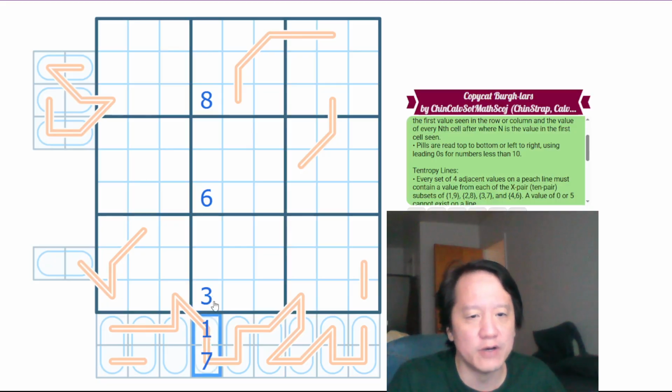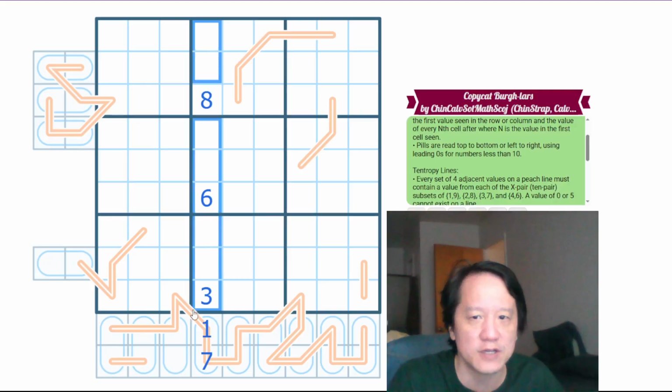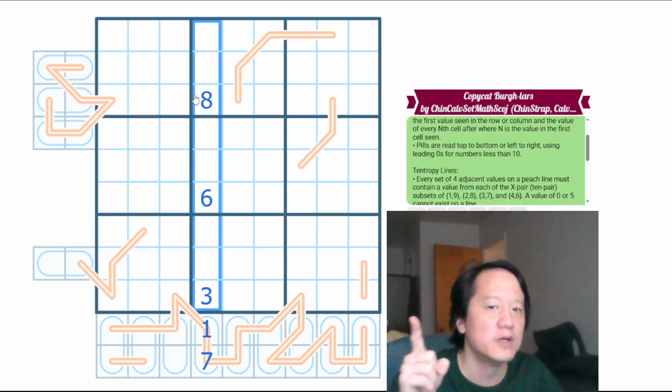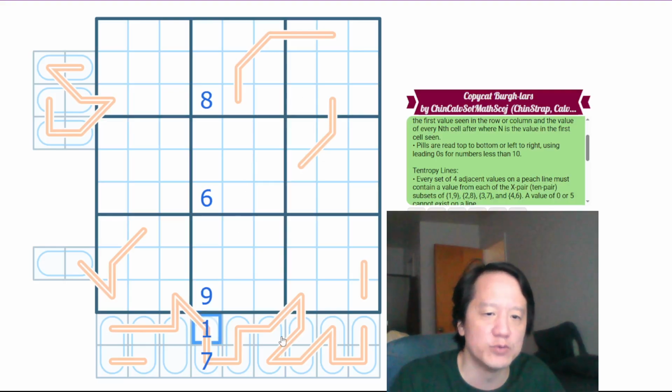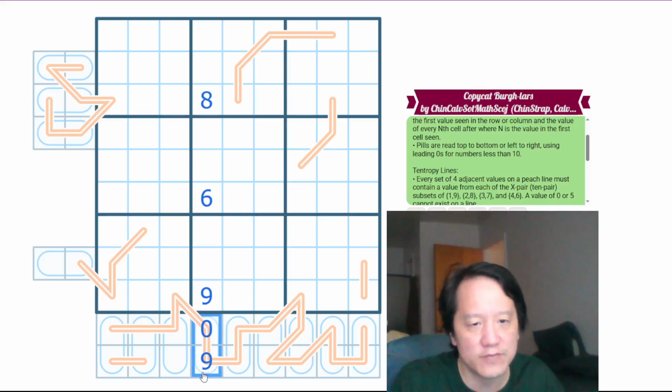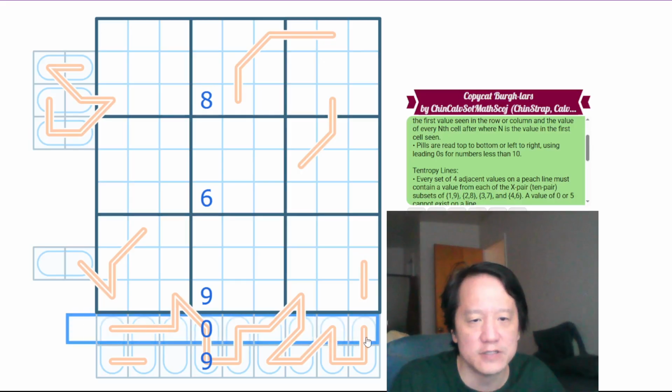This would be the sum of the first digit plus every periodic digit afterward, according to what n is, which is the value in the first cell seen. So keep that in mind. Again, if we had 9 as a value here, this would be essentially 9 in value for this sum, and we'd have a 0 in the first part because of the leading 0 for 2-digit sums. Anyways, we also have tentropy lines,